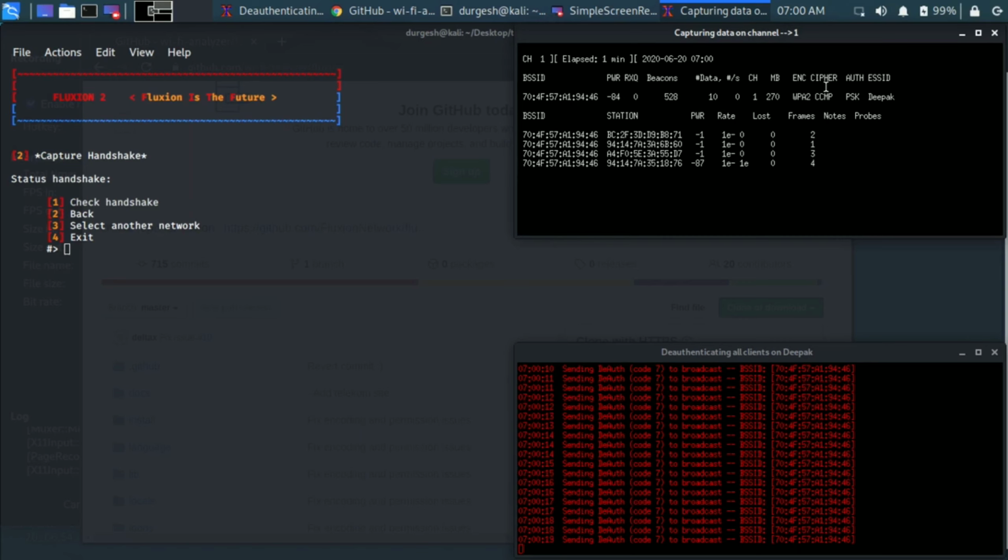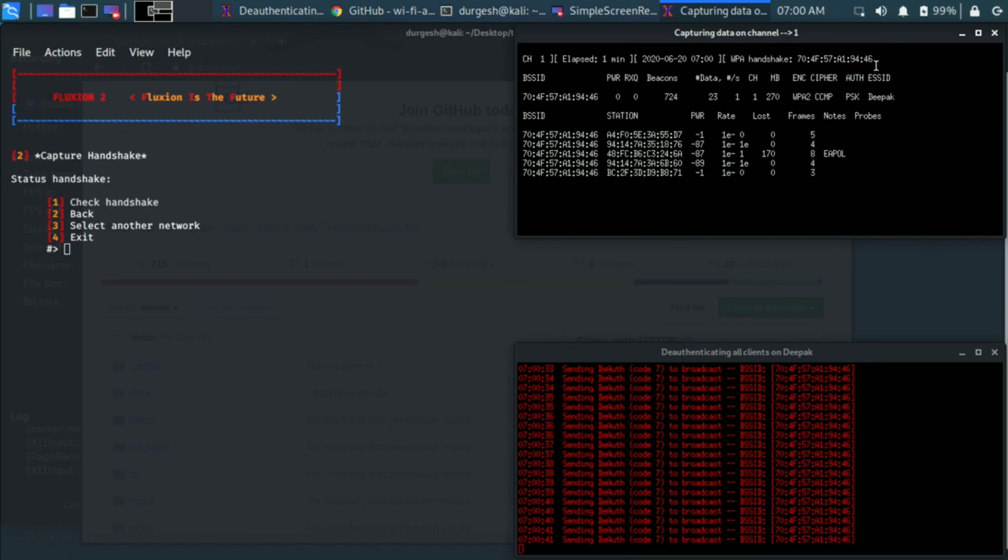No one is reconnecting, so we can wait for some time. See, now we have a WPA handshake available here.